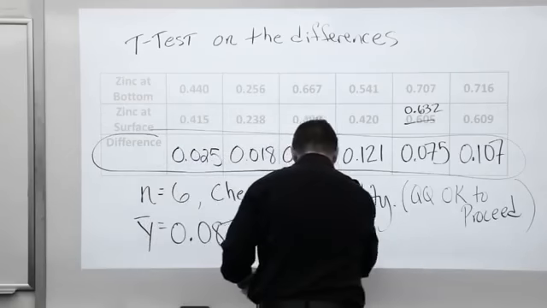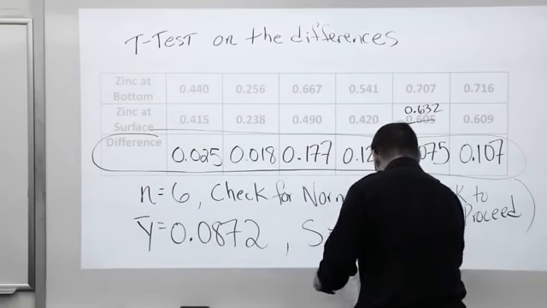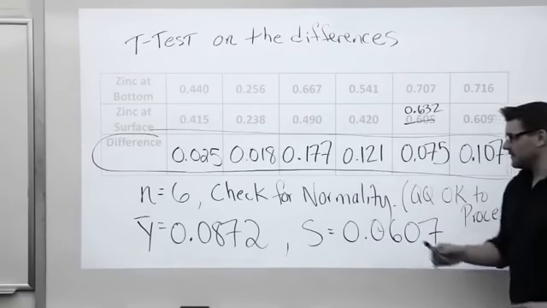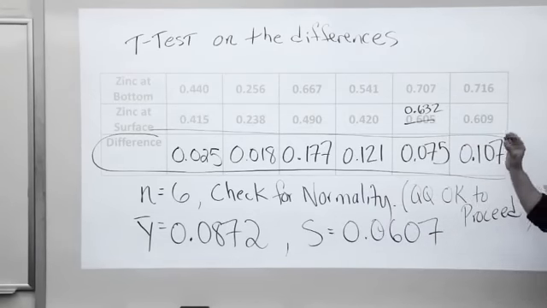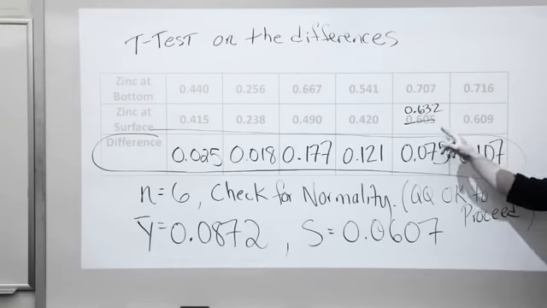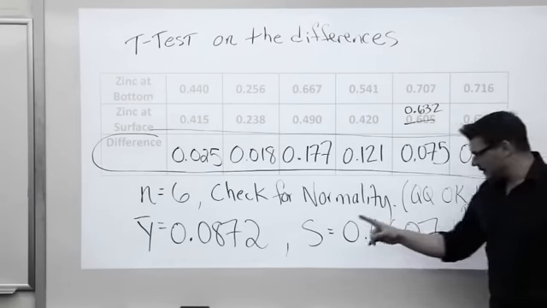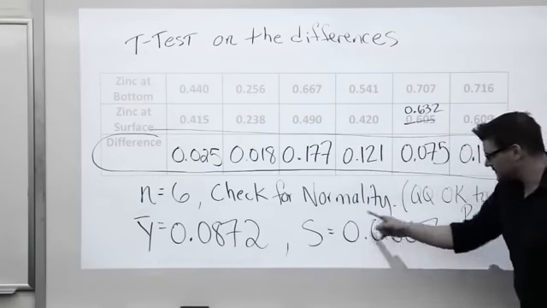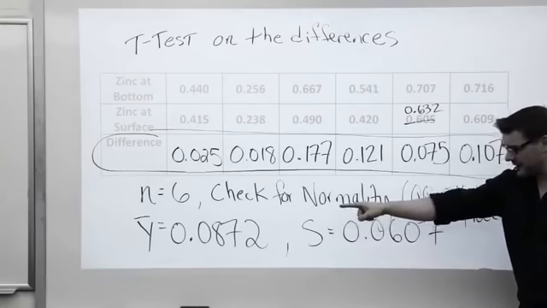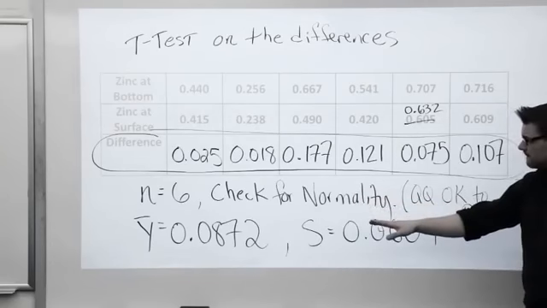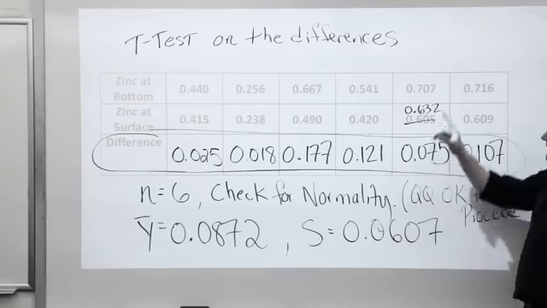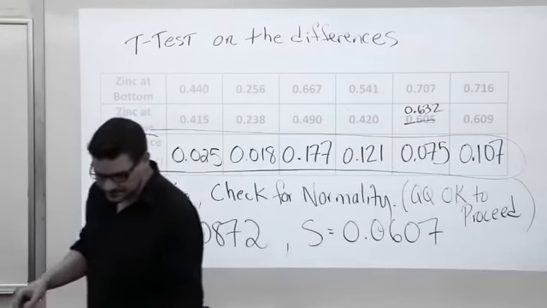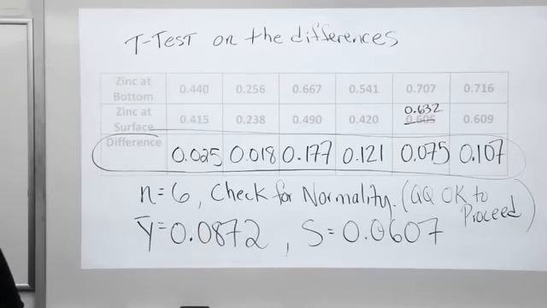S equals, for this problem, 0.0607. So these differences are very small, right? It seems like there's always a little bit more zinc at the bottom compared to the surface. And so I'm not very far removed from 0, but in terms of the standard deviation, this actually might be a significant difference. Okay? So we've got the summary statistics. All we're running is a t-test for this bottom row of differences, and let's do it. Flipping the page, it says run the appropriate test,